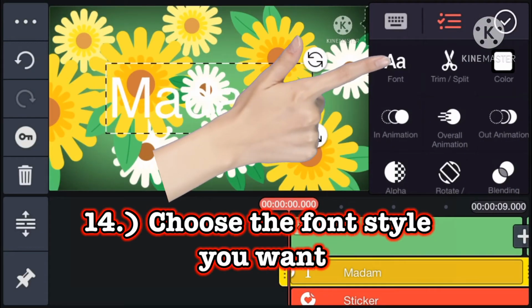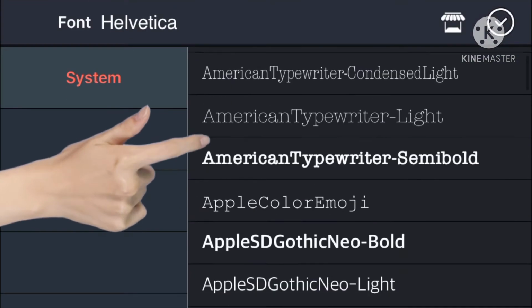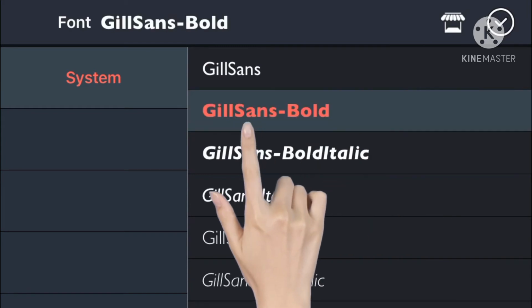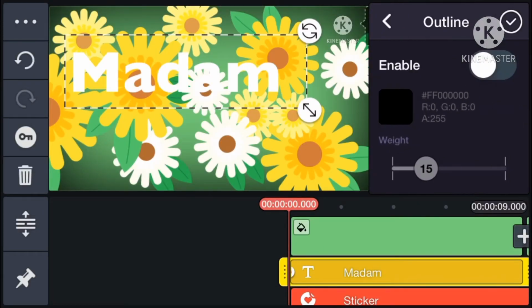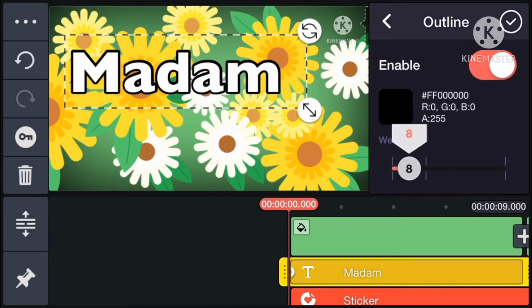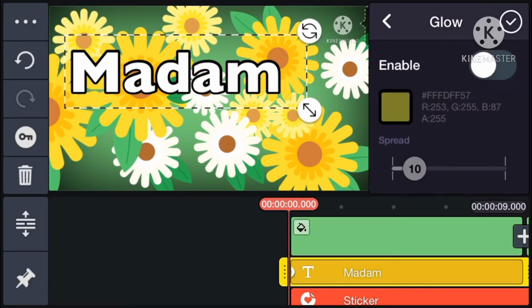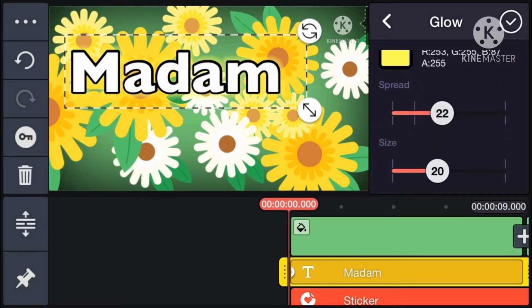Number 14, choose the font style you want. So just click the text icon on the selection and then select the style of the font in this option. So if you want to make the size of the text bigger, so just slide the arrow up or down depending on what size you want on the video,